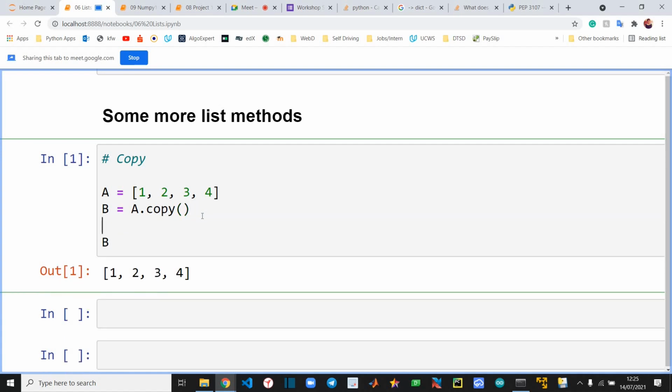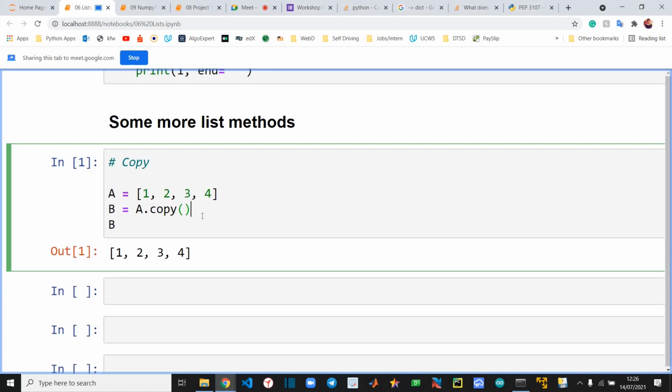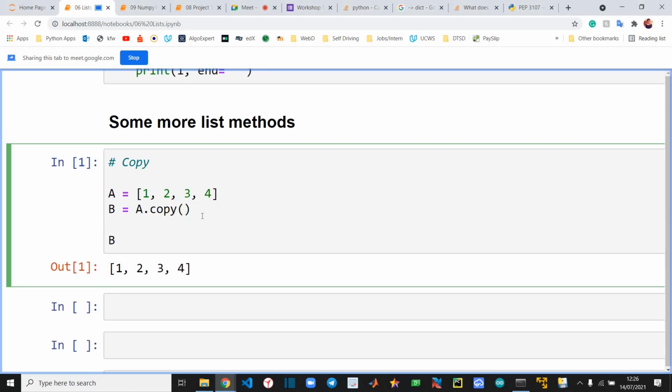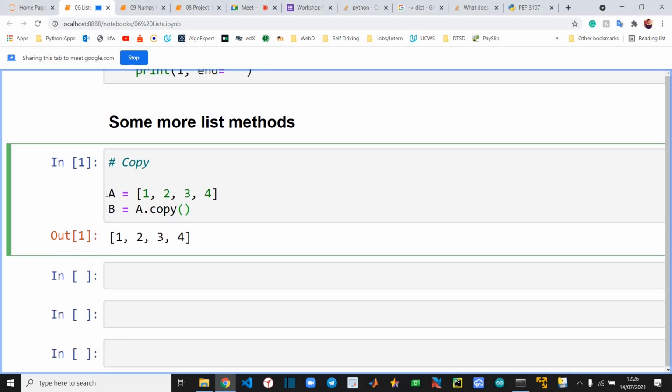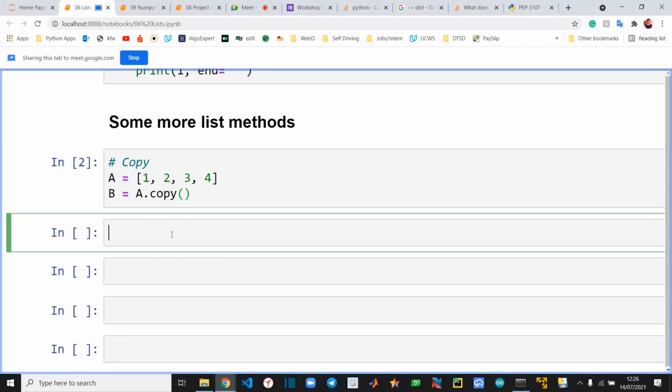There is always some difference, otherwise it would not exist, but superficially they are the same. Maybe there is some underlying difference. But if you want to create a copy of a list, you can do a dot copy, because many of the list operations change the list itself, and we don't want that every time. So this is how you can copy the list.